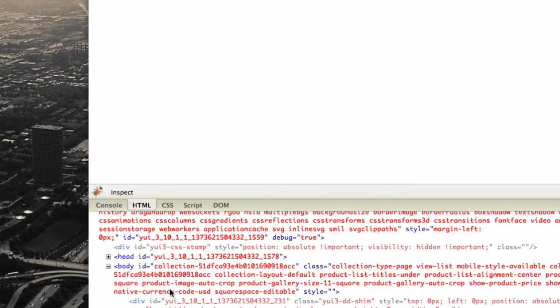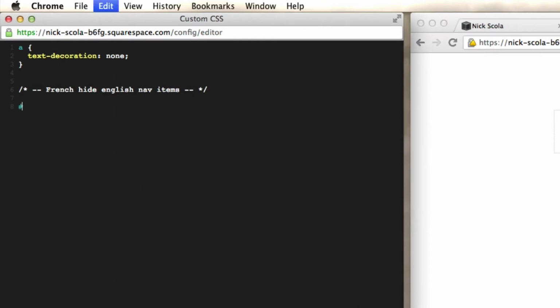I'm going to look in the body, and I'm going to grab the collection ID. I'm going to paste it in there, make some brackets, and now I'm going to go ahead and type in main-nav li. Get some more brackets in here. And now I'm basically going to hide the About page while the user is on this French page. So I'm going to type in and brackets